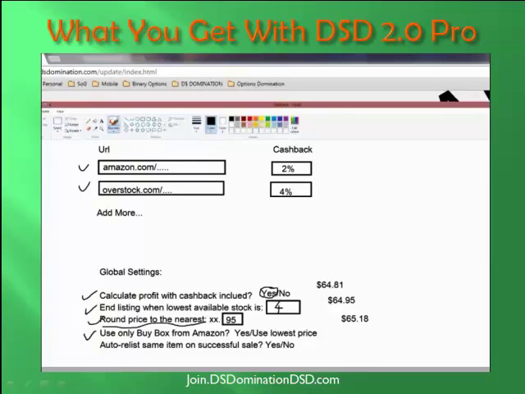You can also define if you want to use only the buy box from Amazon. So only order the choice that Amazon has given you. That's usually the FBA choice, that's usually a choice that's on Prime and so on. This is basically